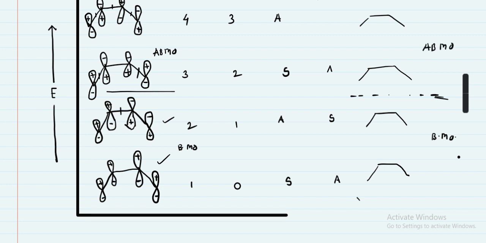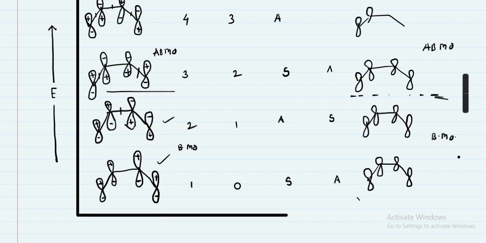Therefore such a type of structure is possible. Why do we draw such 4 types of possible structures? Because there are 4 p orbitals present in 1,3-butadiene. Therefore we have to draw the 4 types of such